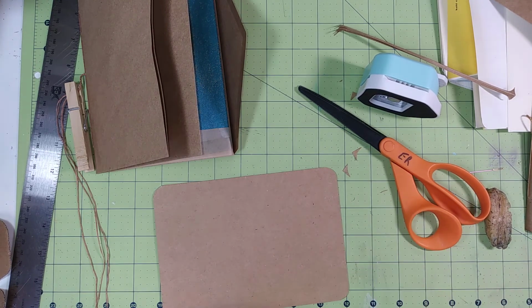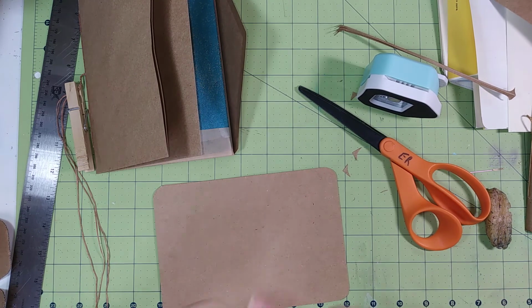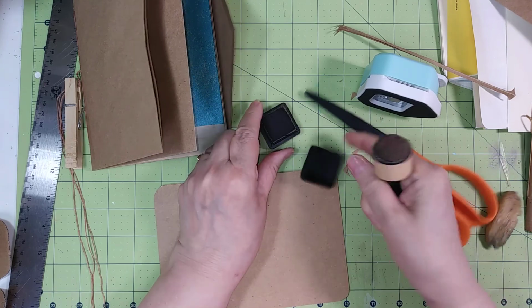So I just use, I like gathered twigs is my favorite. So that's what I use on everything. And I just have the little